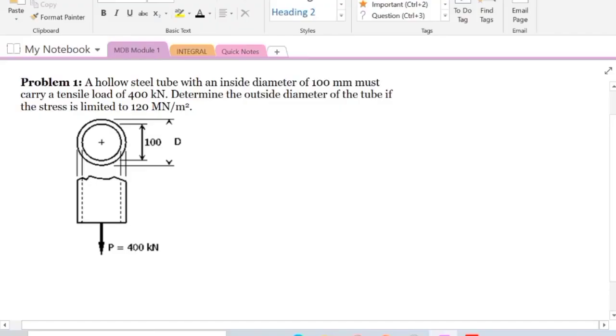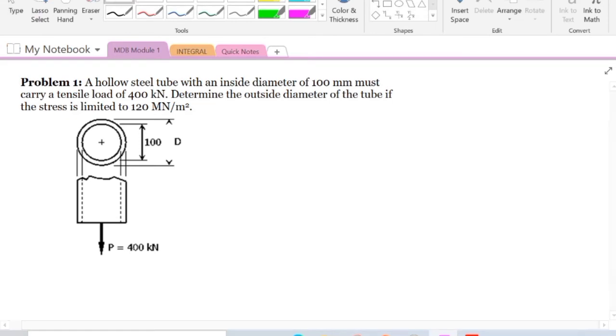Problem number 1: a hollow steel tube with an inside diameter of 100 mm must carry a tensile load of 400 kN. Determine the outside diameter of the tube if the stress is limited to 120 meganewton per square meter, or that's megapascal. So, review. For the formula, we have the stress is equal to force over area, and this area must be perpendicular to the applied force. So if the applied force is 400 kilonewton, the area to be considered here is this. So meaning,